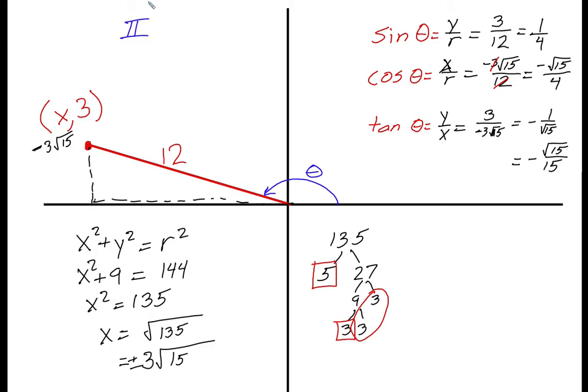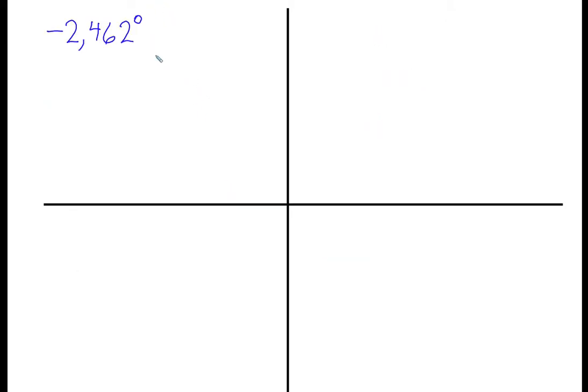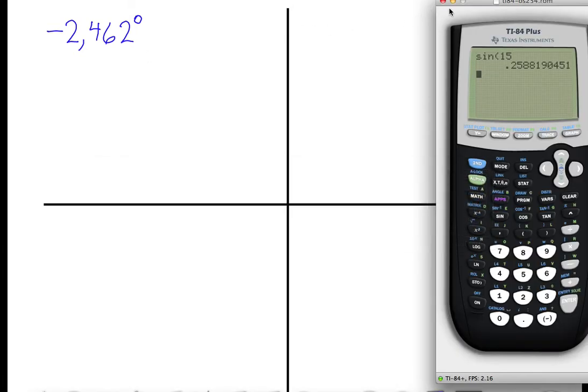Okay, another example of something a little bit different is I've got the angle negative 2,462. And a number that big, I don't know where that's going to be. Which quadrant's that going to fall in? So one thing we could do is we could just keep adding or subtracting 360 to this until we get to the right number. But I'm going to show you a shortcut that might help. Instead of just adding or subtracting 360, because that can be time consuming, we're going to take our number